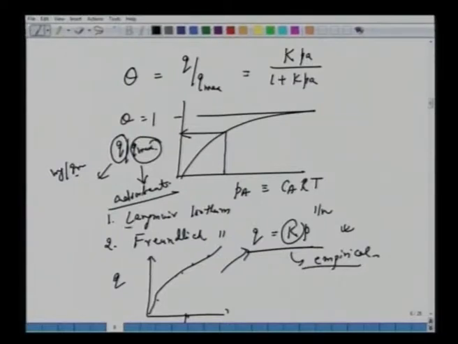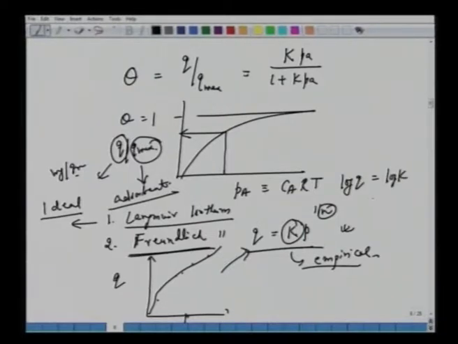This Langmuir isotherm is another extreme case, very ideal situations. And for most of the commercial or industrial systems between adsorbent and adsorbate, you have Freundlich type of equations, Q equal to K into P to the power 1 over n. One is to determine from the experiment what is the value of K and n. If you take a log, one can show that log Q is log K plus 1 over n into log P. So from here also, intercept and the slope, we have done this exercise before, one can obtain K and n for that type of system here.